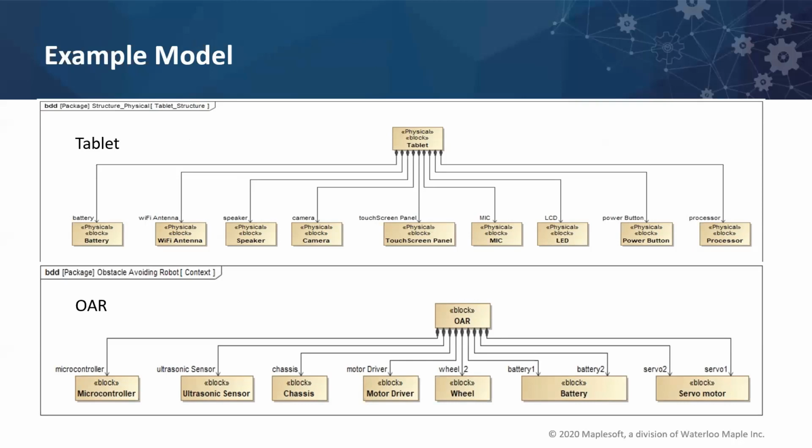So here, you see it's a very simple model. I have a tablet with certain parts. We are going to see the different parts of the tablet system, and what the different ports are that it has. For example, if the port has a kind, like if it's a proxy port, etc., that information is going to be displayed. And if it has a type of interface defined within the SysML model, you're again going to see all that information in tables in Excel. The same kind of information is also going to be displayed for the obstacle avoiding robot.